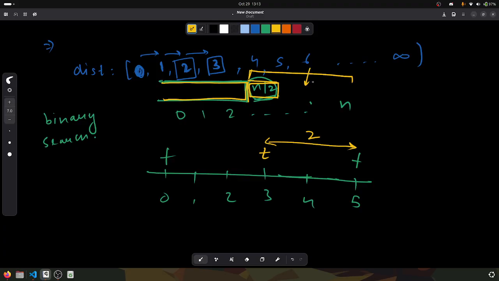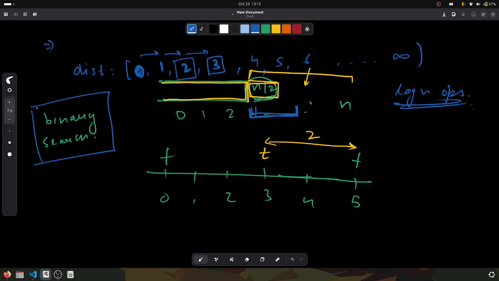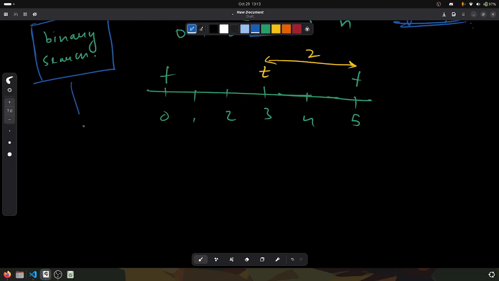And then again we can take the mid and see if there is an arrangement possible for this value or not. If it is not possible, then our range will shorten like this and we will converge towards the answer in only log n operations. So we can use binary search because of this property,